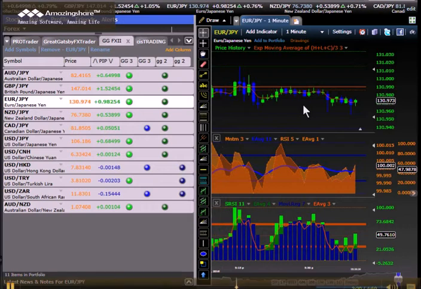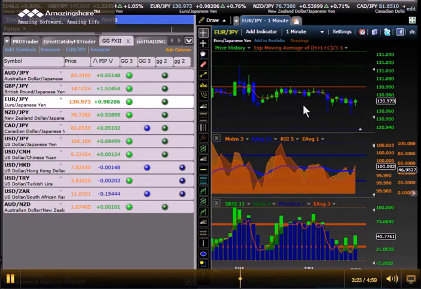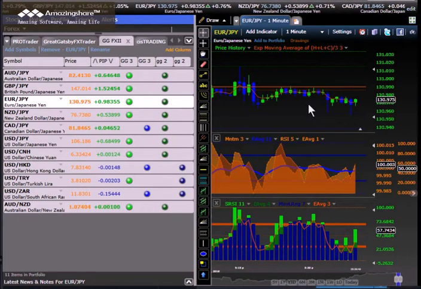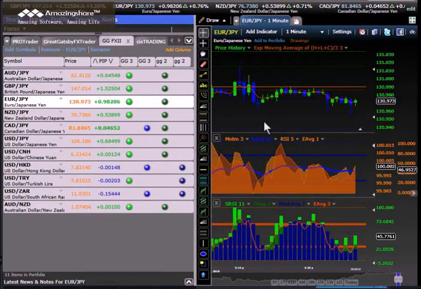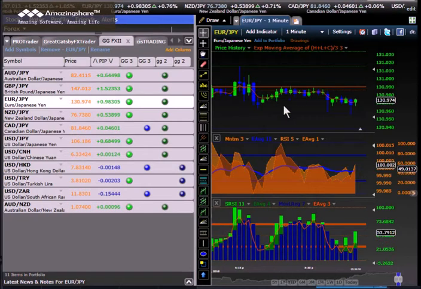So I've been in this trade a whole lot longer than I would really want to be for the potential pip gain. But I had nothing really challenging the trade. When I look at it on a longer term view, I like the position. When I look at this on a daily chart, and especially when I look at it on a weekly chart with the potential of this being a top wick